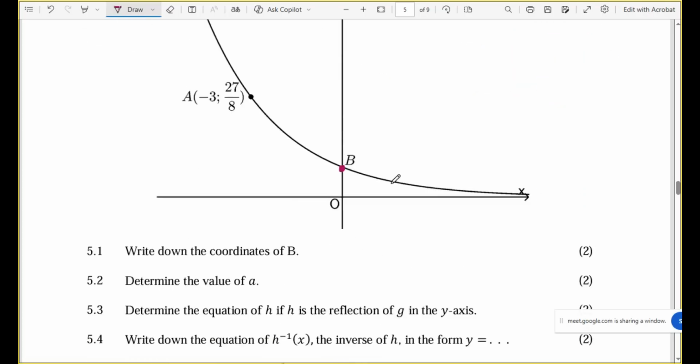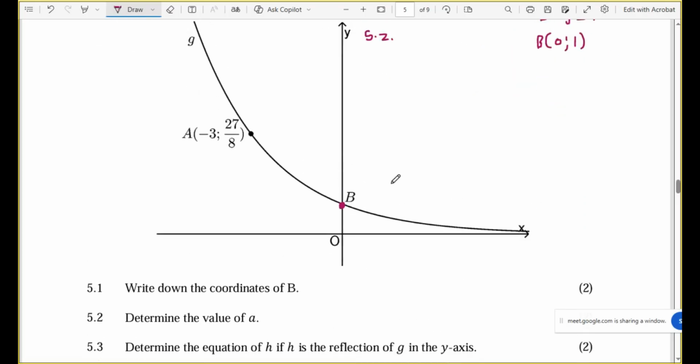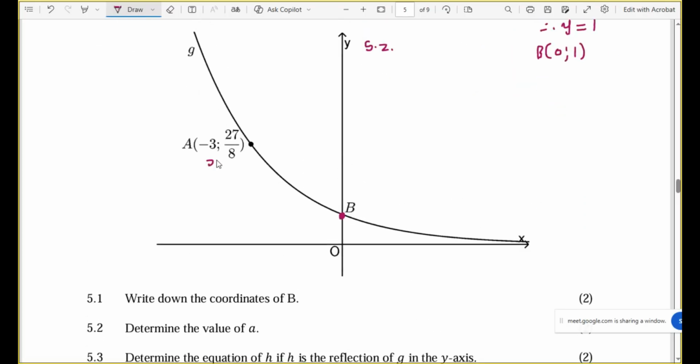5.2. Determine the value of a. Guys, to find the value of a, we need to substitute x and y into that equation. y is equal to a to the x. So where there's y, I need to put 27 over 8, equate this to a to the power minus 3. Write that as a positive